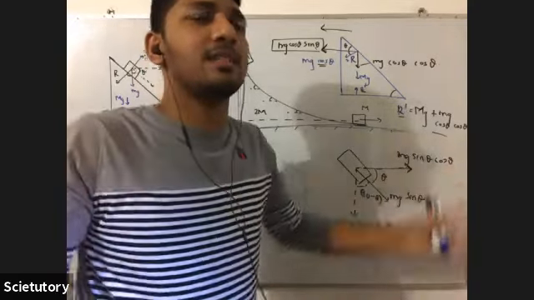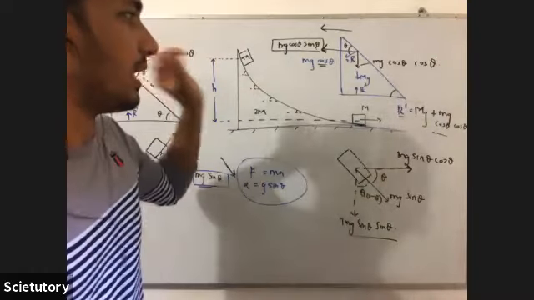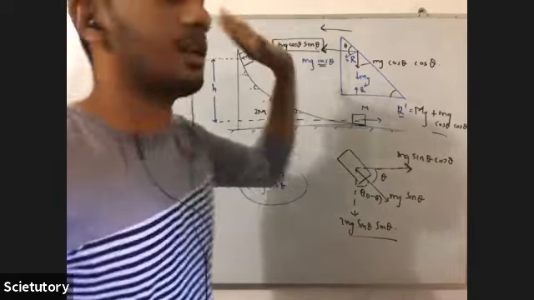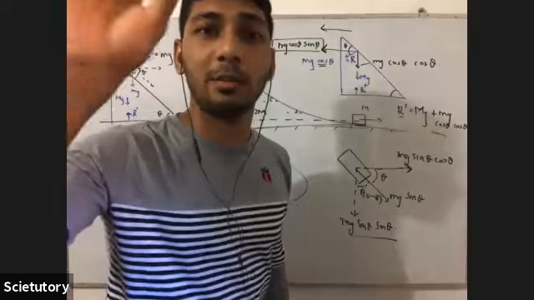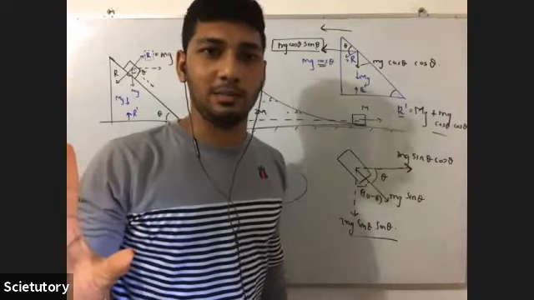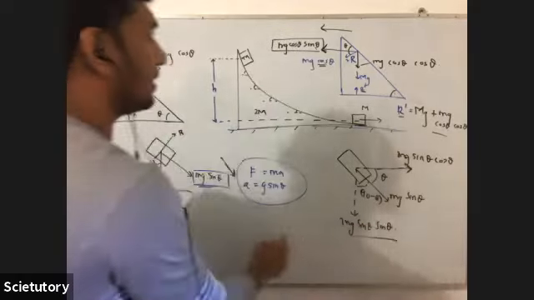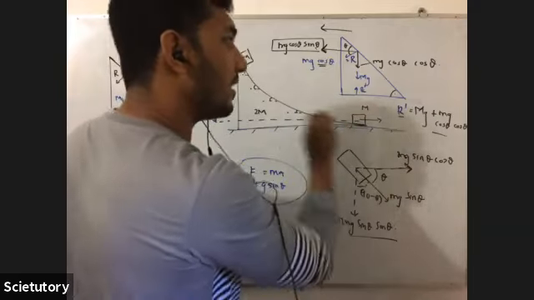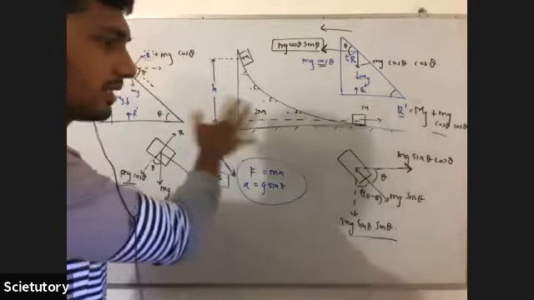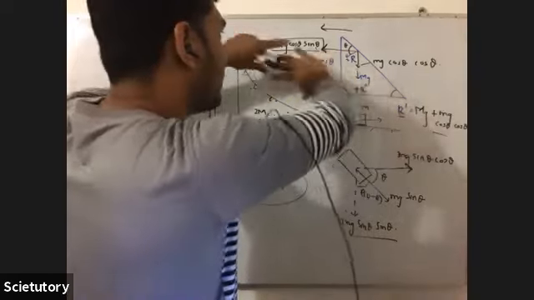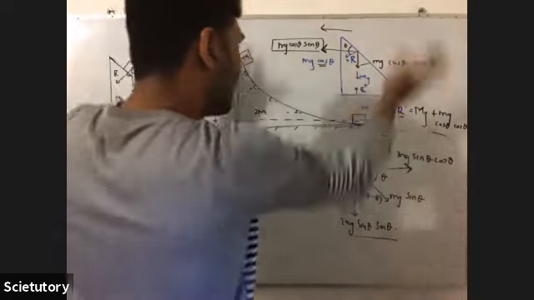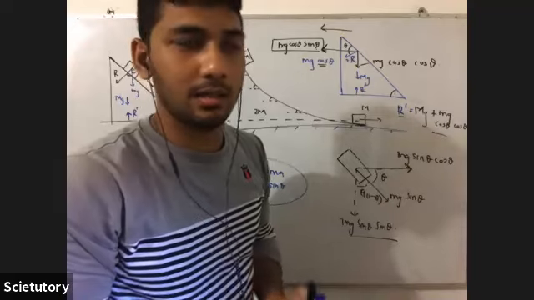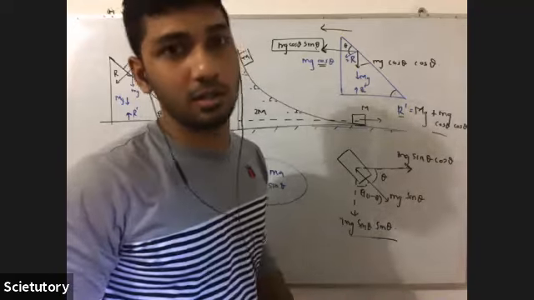So when you take the system as a whole, there is no resultant force in the horizontal direction, so you can use the conservation of momentum in the horizontal direction. Are you all clear? So this is also mg sin theta cos theta, so that there is no resultant force for the system. So now you have to think about the system, not separate diagrams. As a system, there is no resultant force in the horizontal direction, so you can use the conservation of momentum in the horizontal direction.